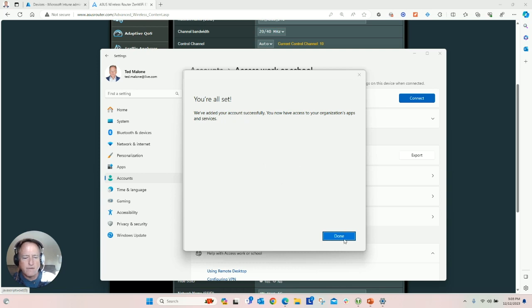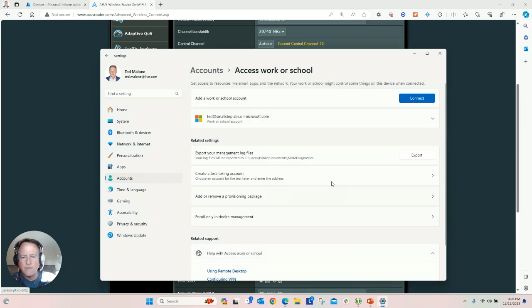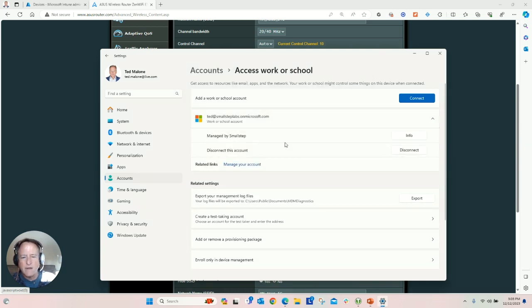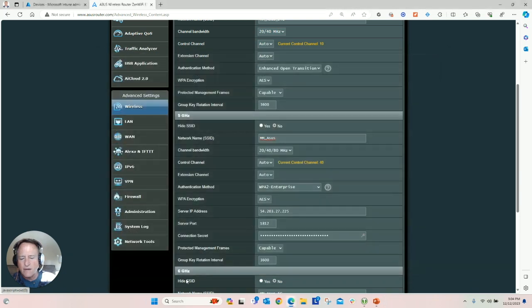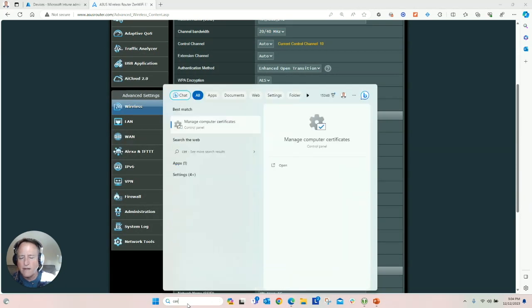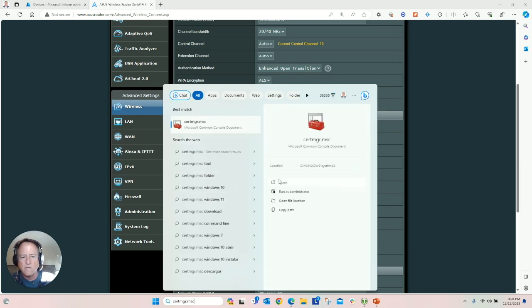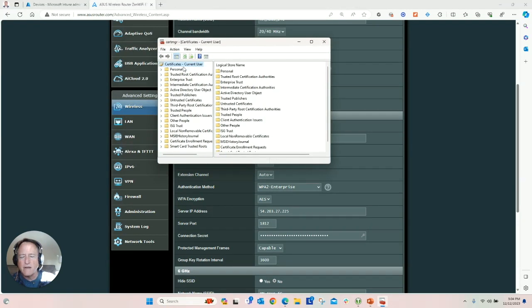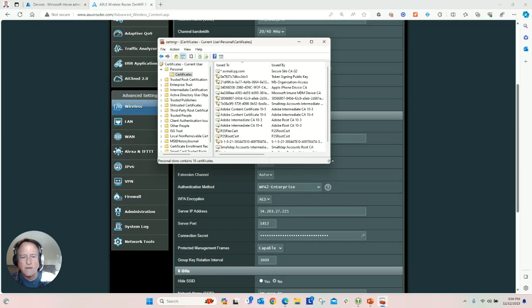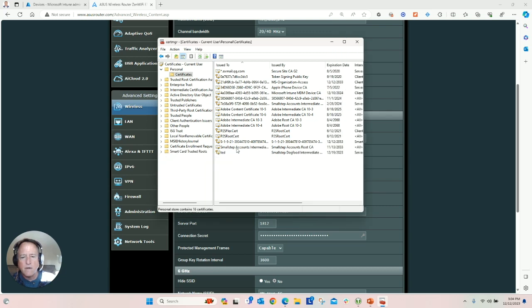Okay, so my device is all connected with Intune. And then I'm just going to go ahead and look under here and make sure that it's successfully synced. It says it's synced. So let's go ahead and see if it has sent down the certificates yet. First one I'm going to look for is my client certificate. It should be under my username. Oh, there it is,